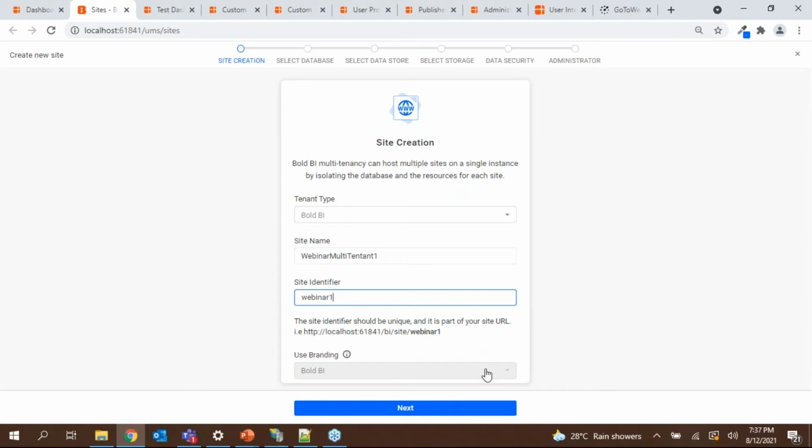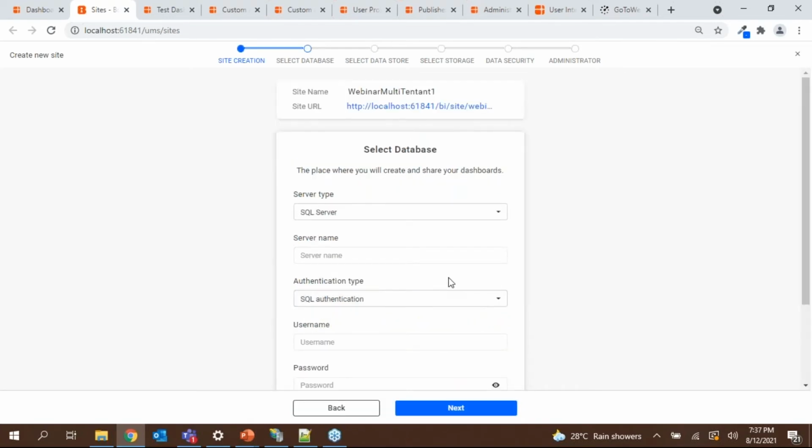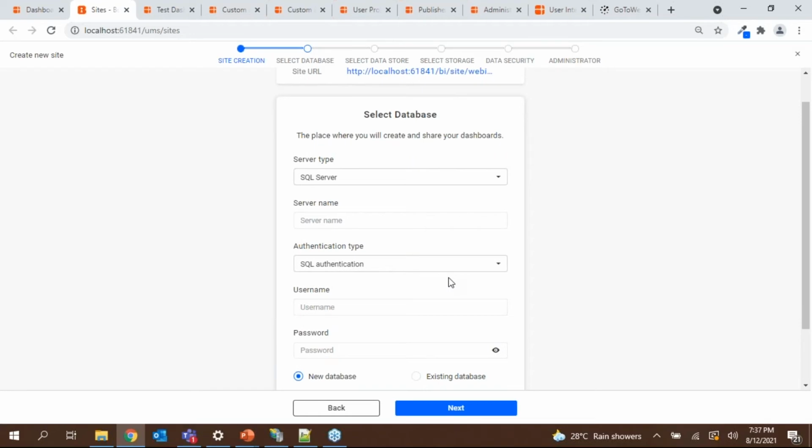You also need to select user branding options. If you would like to have different branding options, you can use that too. The next step is to configure the database. This database configuration will help you store the dashboards, users, and their access permissions; everything will be stored in this database. Now let me configure it with my local machine.